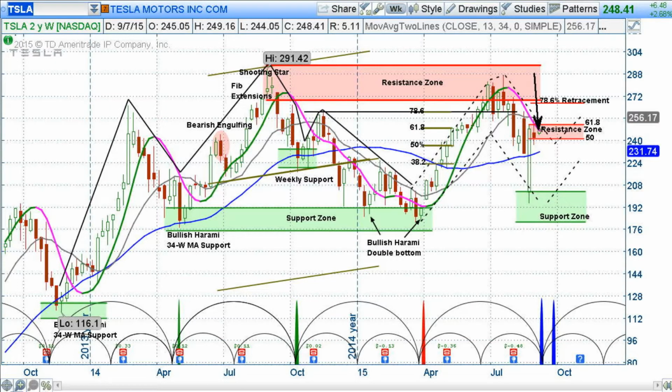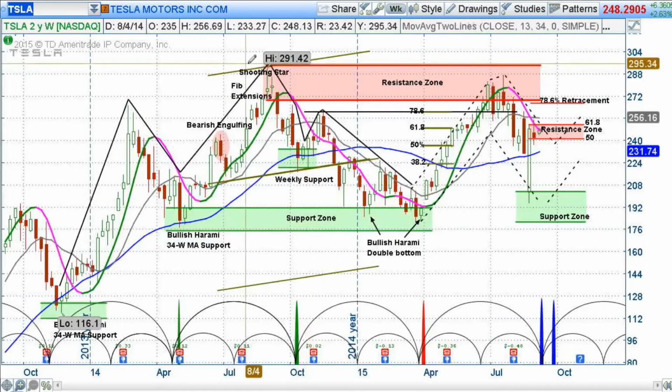There was, of course, that flash crash that occurred, and that knocked a lot of stocks down into deep support areas. So the next thing you could see is that we put support and resistance zones in here, and what we hope is that when it gets into supports, that it tells you that those are time periods that can be affecting your bias. In other words, when the bottom is supposed to come, and then you get some significant identification of that on the shorter term, like daily charts or other patterns, other tools, then you know that that's a place you can affect your bias to the long side,